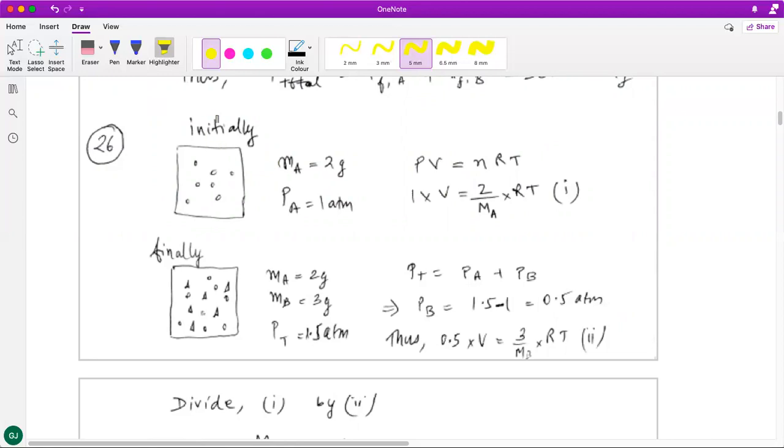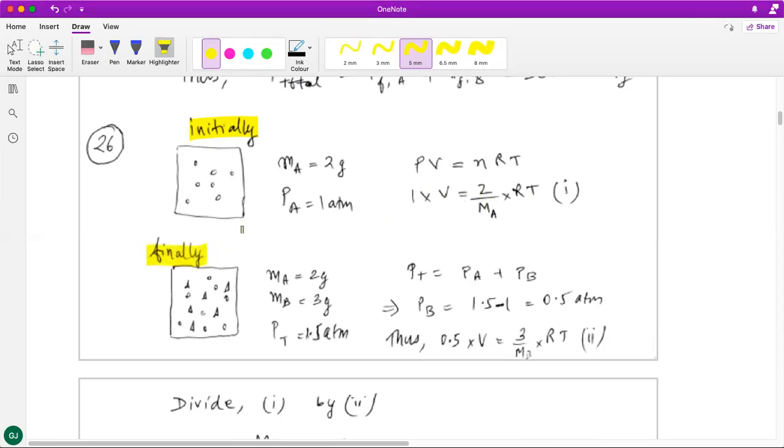So for example, in this particular question I have taken initially, there is just gas A present inside, and its mass and its pressure are given to you, okay? Now, the word gas brings to mind that I straightforwardly jump to the ideal gas equation. So I wrote the equation and assumed whatever variable was required, say volume is V, temperature is T, I don't know, but I am given the data of pressure and actually mass, not moles, and I can write that mass as moles upon molecular weight. Why did this strike me? Because if I had read the question, at the end it talks about the ratio of molecular weight, so it strikes me that I can write the moles as mass upon molecular weight. So this became one equation for me.